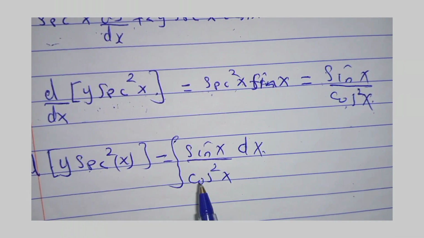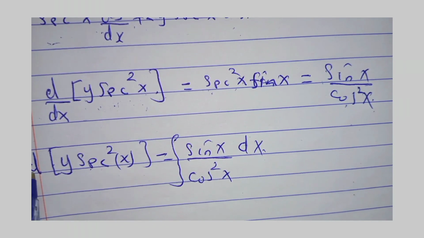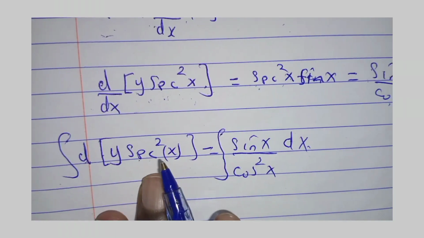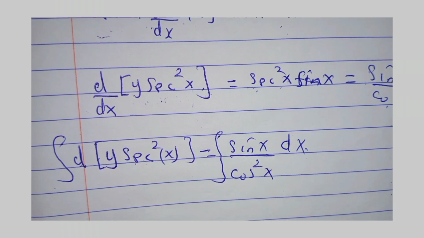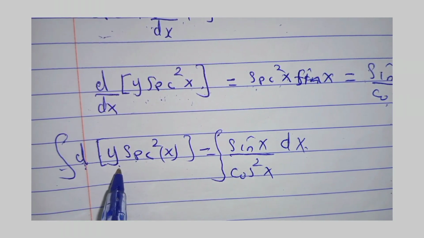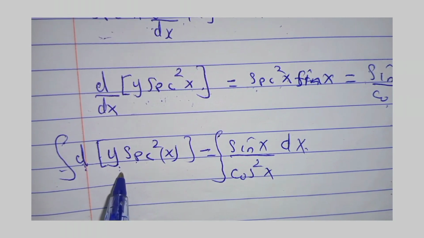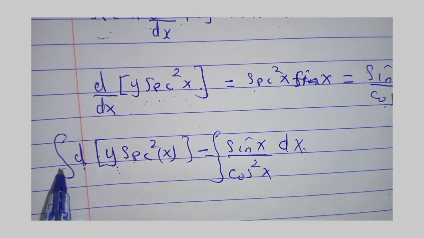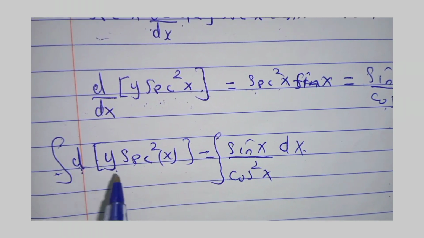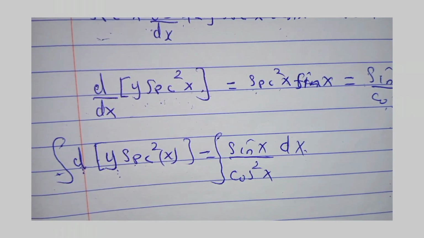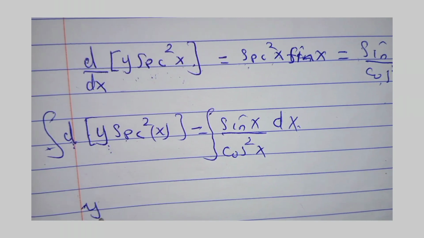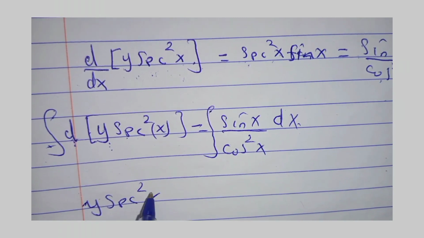We take integral on both sides. Now, when we integrate on the left hand side, we are integrating and we are differentiating. So when you differentiate and integrate your function, the result is that function, because integrating is building, differentiating is demolishing. So if you build one step and you demolish one step, you will remain where you are. So that's why now here we have our function, which is written as y sec squared of x, which is